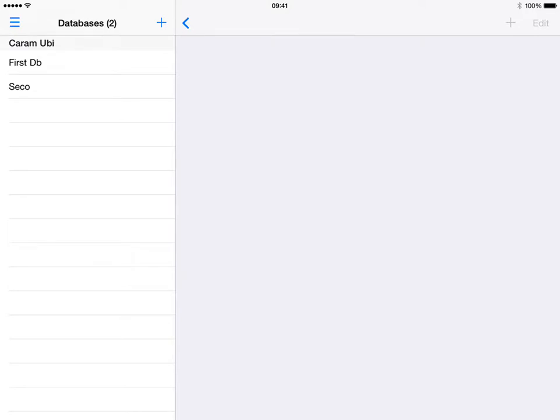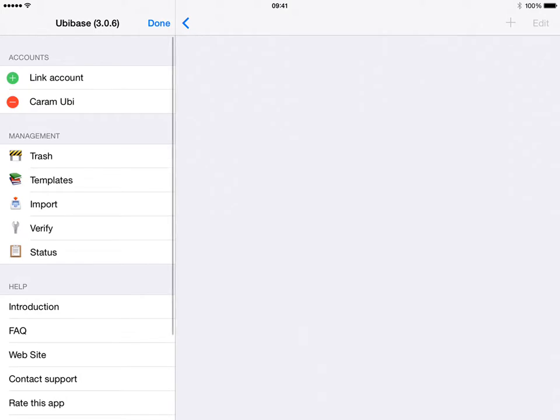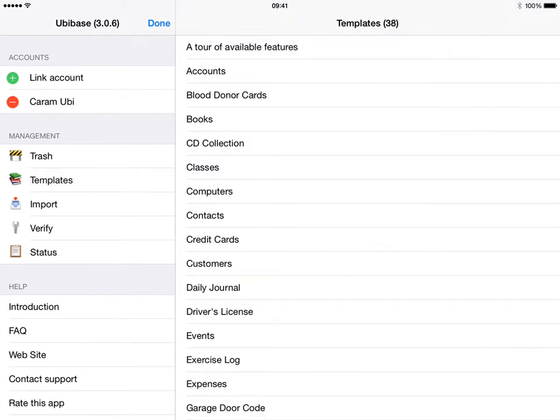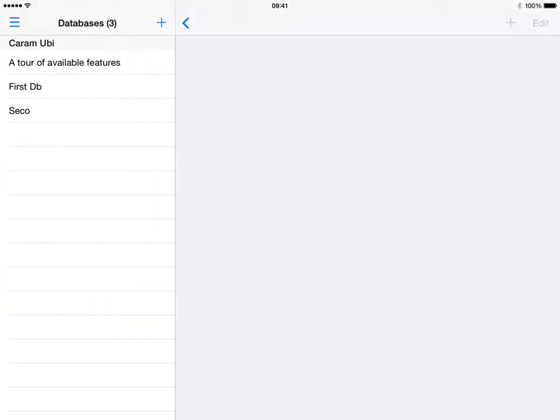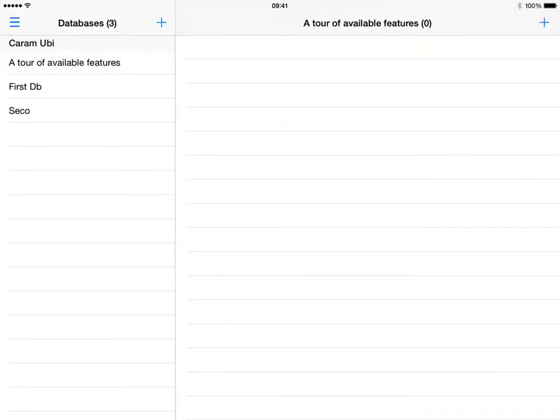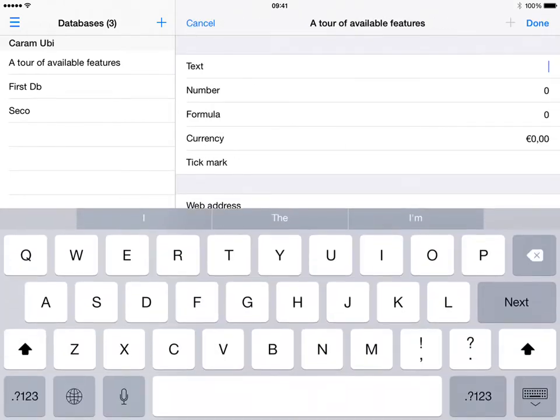Hello, in this new video we are going to show some of the other features of Ubi Base. This time, instead of creating our own database, we will get one from the available templates. Let's select the first one. It has all the different fields available already selected. If we select our database and start adding a new field,